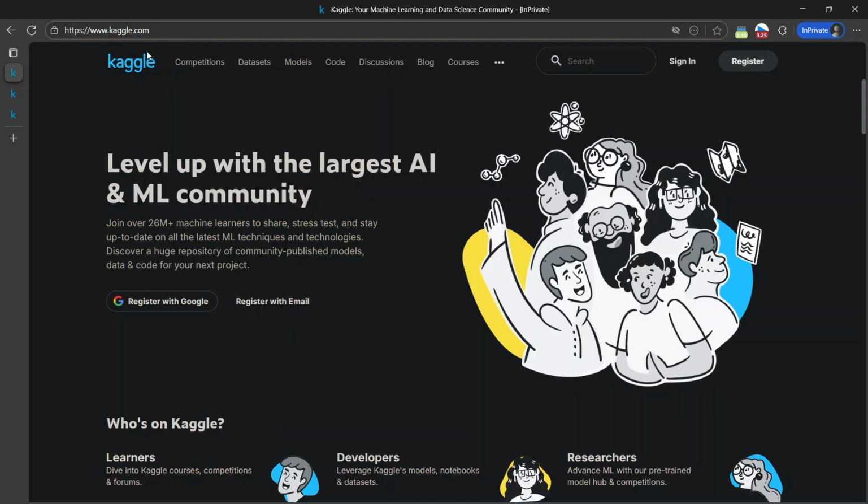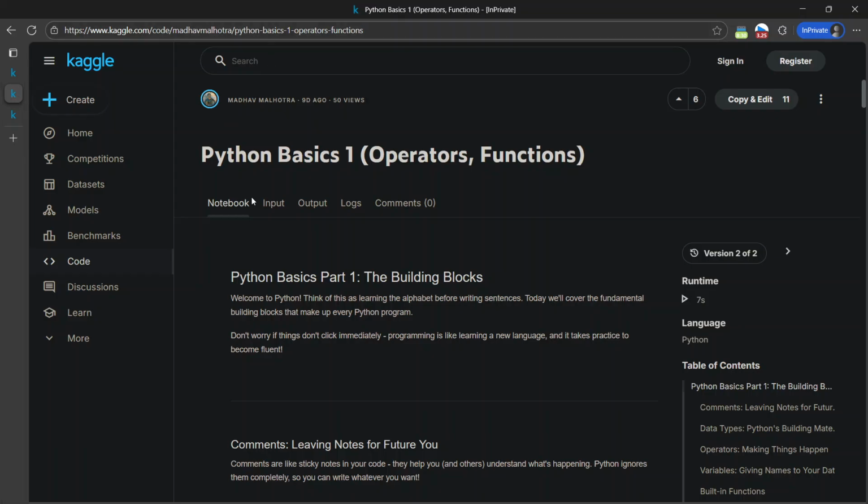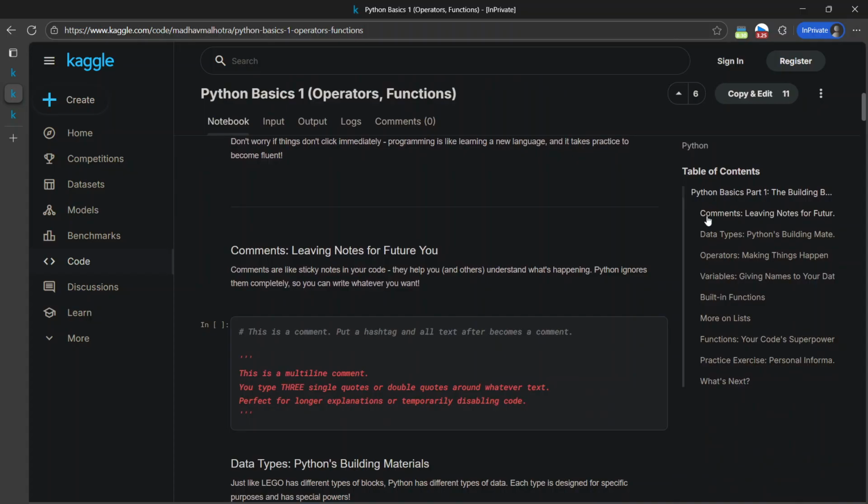Last workshop, we were using Kaggle. Again, you can register here if you haven't already and go to the links in the description. We finished in the last video this first workshop on Python basics, learning about comments, data types, operators, and wrapping